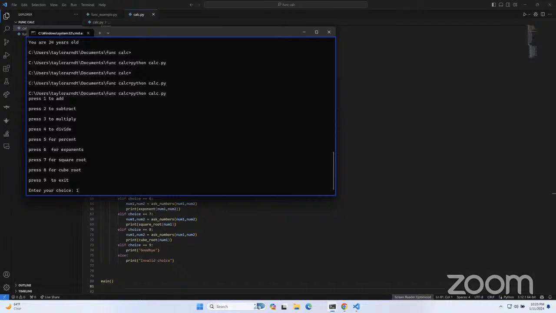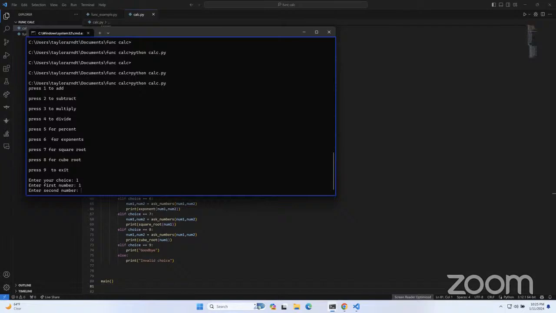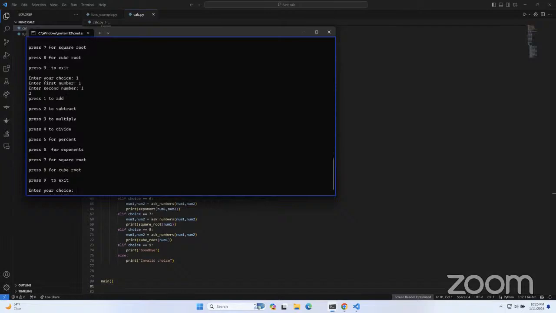Let's do 1. Enter first number: 1. Enter second number: 1. The result is 2. Then the menu shows again: Press 1 to add, 2 to subtract, 3 to multiply, 4 to divide, 5 for percent, 6 for exponents, 7 for square root, 8 for cube root, 9 to exit. Enter your choice: